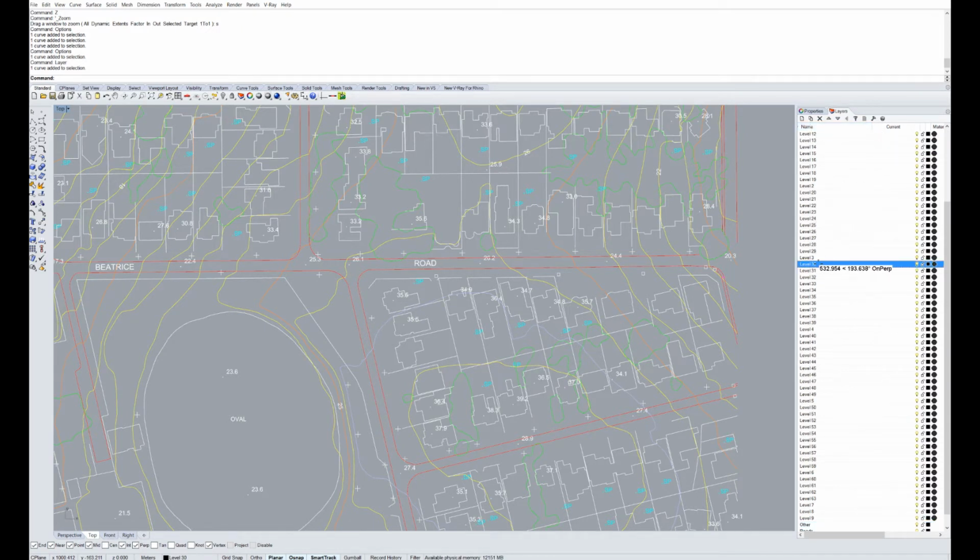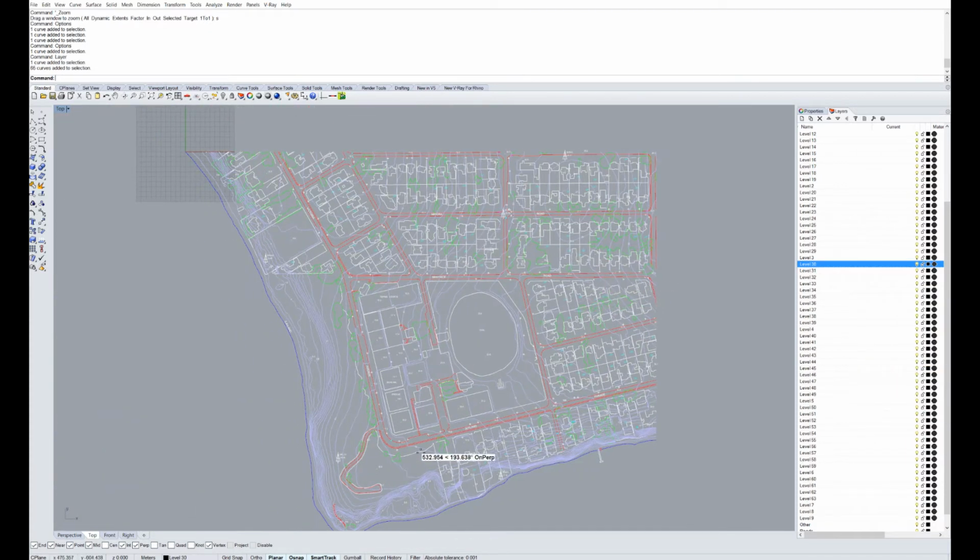Level 30 right there. Okay, so we can right click on that and go select objects. So it'll select all of the objects that are on this level, layer,